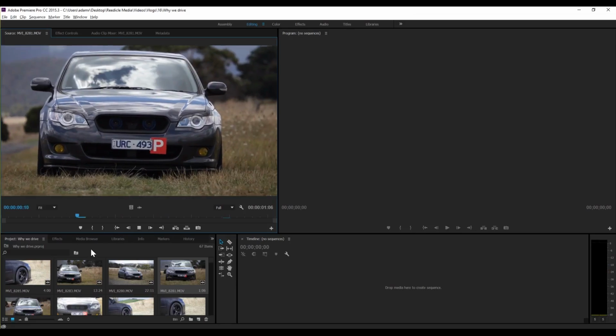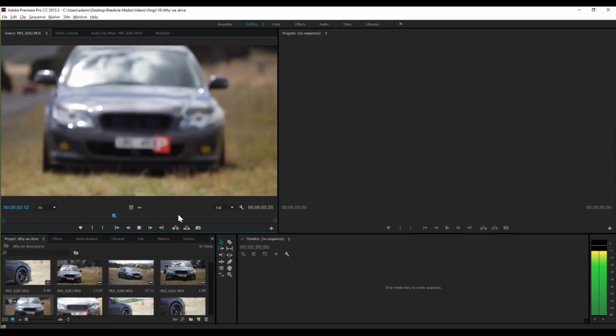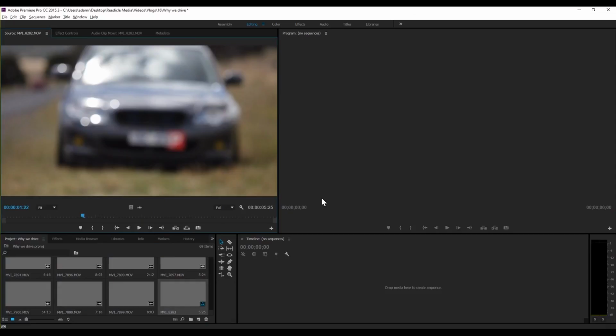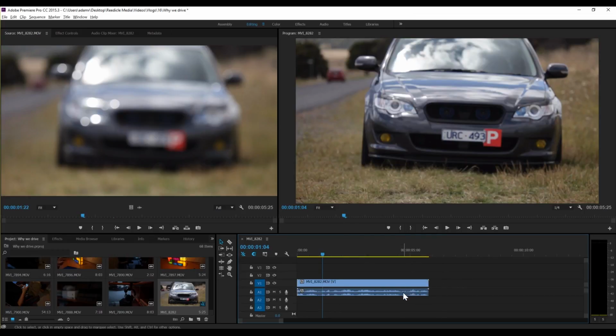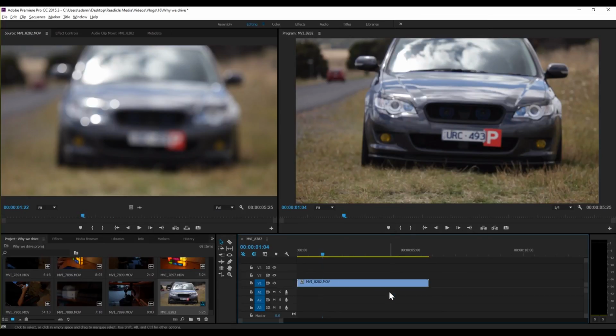But say I've got this clip up here, and that's actually not a very good one. Let's go this one. Yeah, alright. So I got this clip here of Bailey's car. Alright. Most people just bring it in, and then because you might be editing to music, you're going to unlink them. Mine, I've set it so they'll always come in unlinked, but when you don't have that set, it's going to be linked, so then you have to go up, click unlink, come down, delete the audio, and that's just a massive